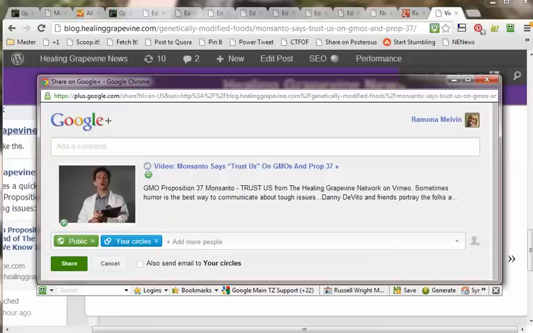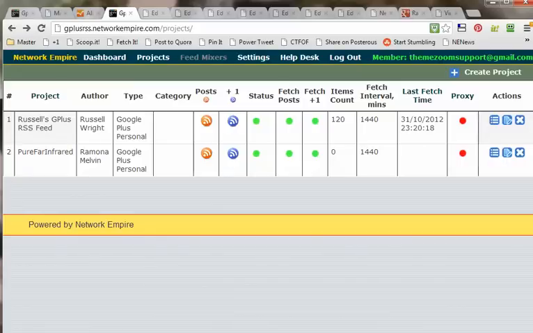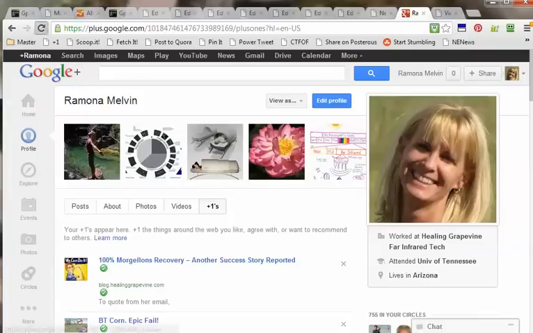But let's just bypass that and do what's called a shallow plus, which is just to simply plus this article and share it. If you do that, what happens is it still gets posted, just not on her status update. And almost nobody understands this and knows how it works. Okay, so let's go back to her page. If I do a quick refresh,